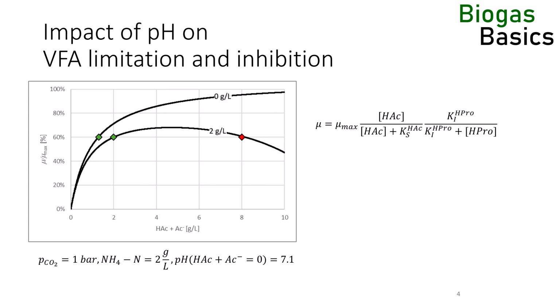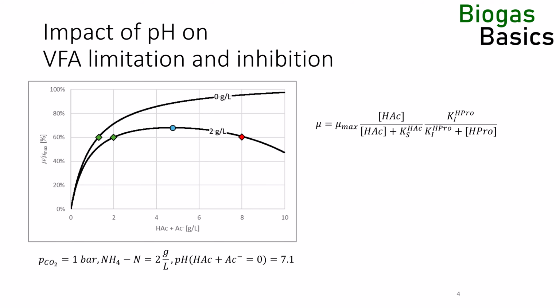However, this feedback loop only works if the slope in the growth rate over substrate concentration diagram is positive, or left of the maximum. When the slope is 0 or negative, the feedback loop does not work, and the reactor becomes unstable. It enters a self-reinforcing inhibition. In the biogas industry, this is called acidification.